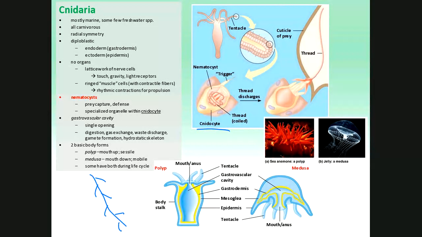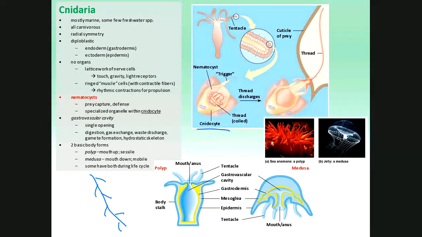Unlike our fungi friends. Diffusion can occur across the gastrodermis, any thin tissue layer, especially if it's highly vascularized. It's got a lot of blood vessels in it, not in the case of the cnidarians, but in any thin tissue, diffusion can work, osmosis can work. Waste, obviously that's diffusion going the other way, dumping stuff into the gastrovascular cavity and then out through the mouth/anus. Gastrovascular cavity, just like in the sponges, gametes can form along there and then go out through the mouth/anus.